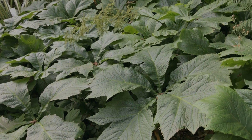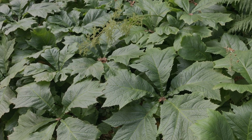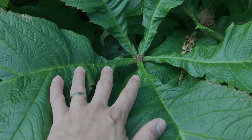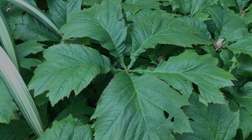In winter these plants die back. So long as you don't have a long, persistent cold winter, it will reshoot every single year. They are properly tough and they love a cool, shady, moist site. That's Rodgersia podophylla. And the final plant on this list of plants with big leaves for jungle effects is not